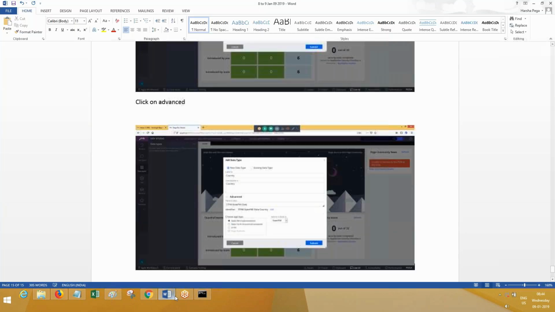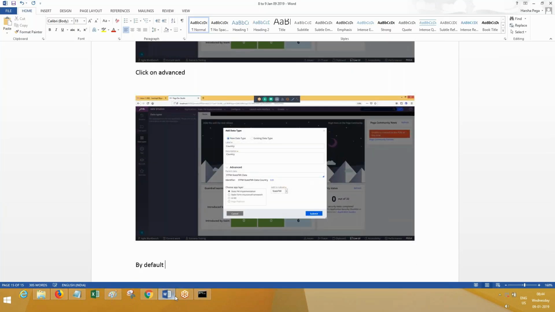Let me give the screenshot. By default, PRPC chose this. Suppose you log in as a framework operator ID and try to create a data type. By default, which context will it choose? Anyway, you will not have implementation access. It will choose the framework context and show the framework data layer. But organization you have to choose manually. So by default, PRPC chose the implementation app context and